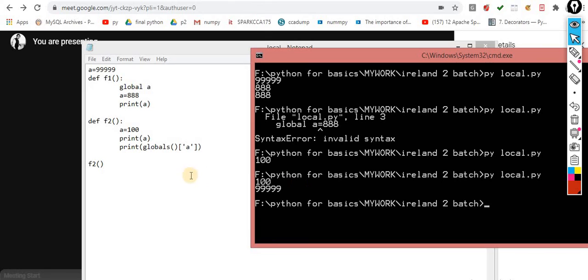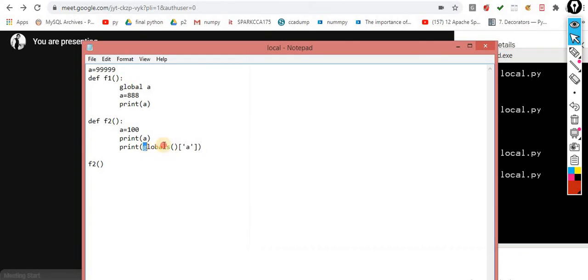This is the way. If you want to use global values as well, now this will give you the 999. This one is the signature for the same. If you want to use the global values inside your function, where the global variable name and the local variable name are the same, because I already told you the priority of the local is higher, but in some scenarios you need the global values as well inside the local function. So how can you handle this type of situation? With the help of this signature.